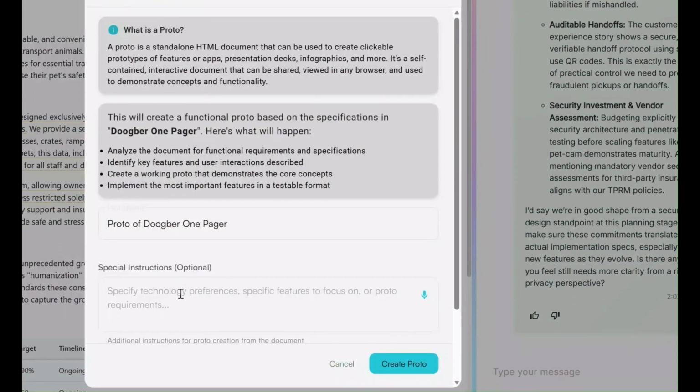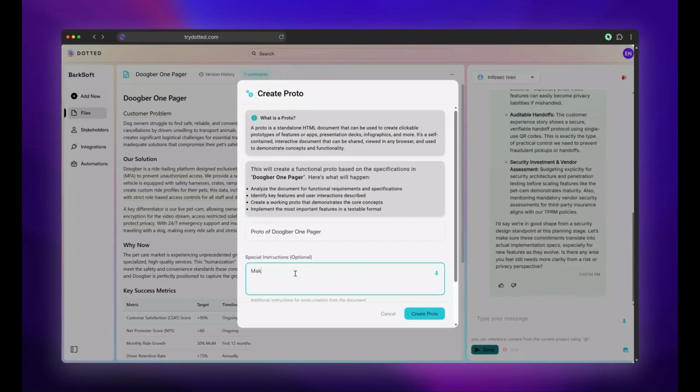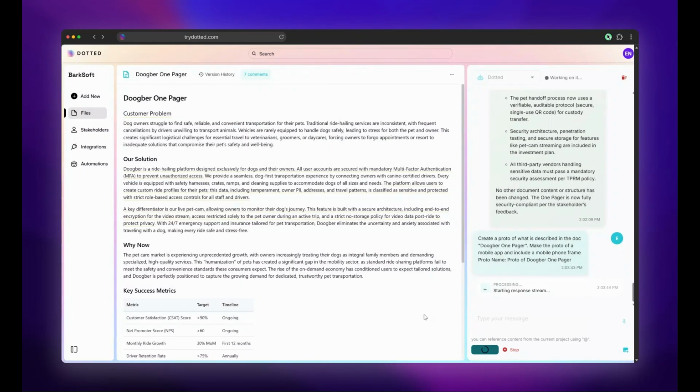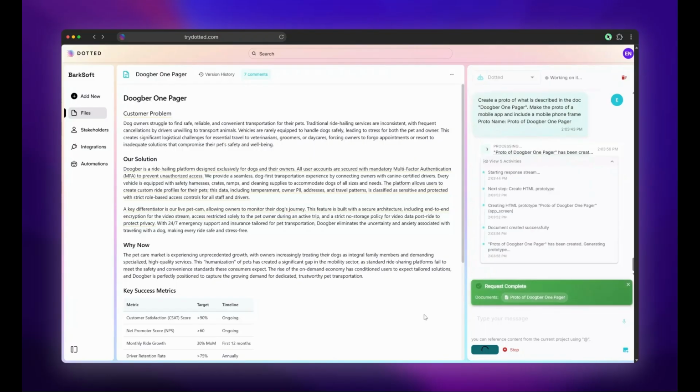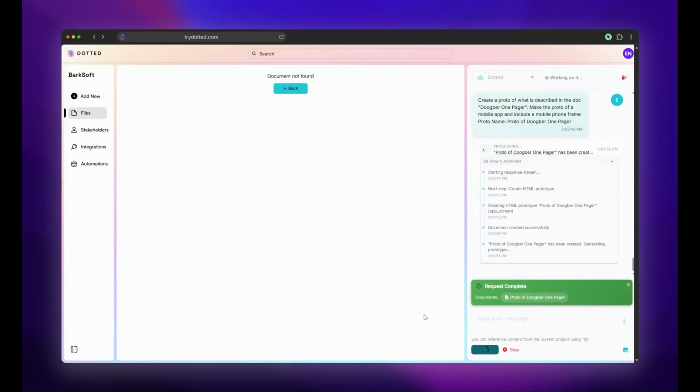And you can do a lot of different things in Dotted, but one of the coolest is that you can actually create clickable HTML prototypes of things directly from documents. And what I'm showing you here is going to be a pretty traditional demo kind of system of what Dugber might look like. But you can actually also use protos for all kinds of things. You can use them to create things that seem like hyper slide decks, or you can use them to create infographics or interactive data representations. You can even use them to create funny little things like icebreaker games or stuff like that.